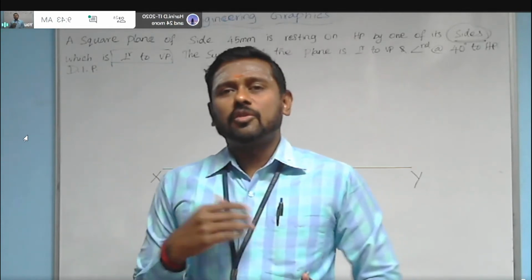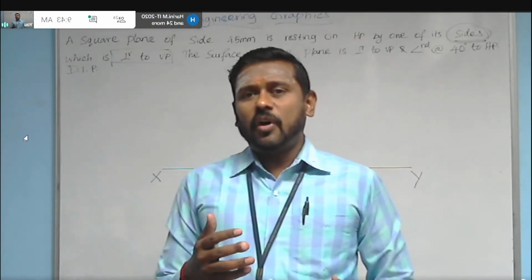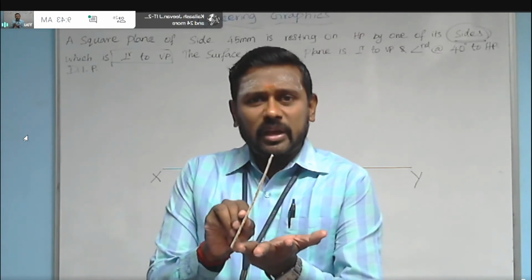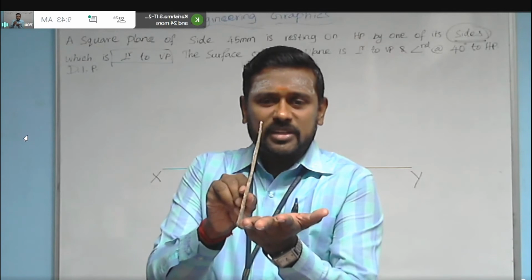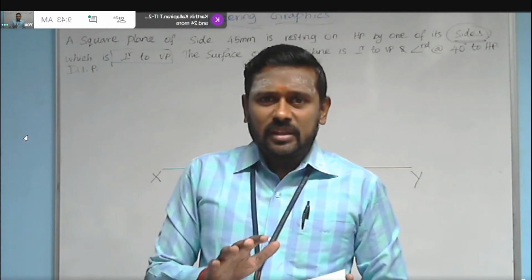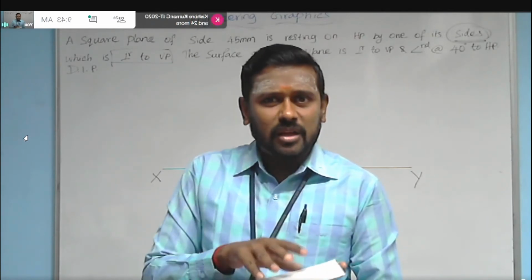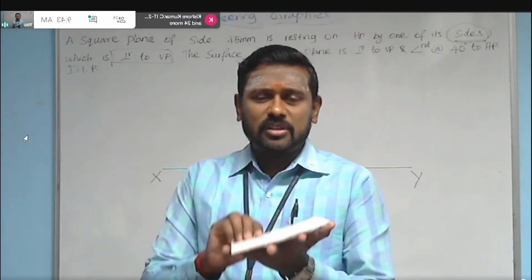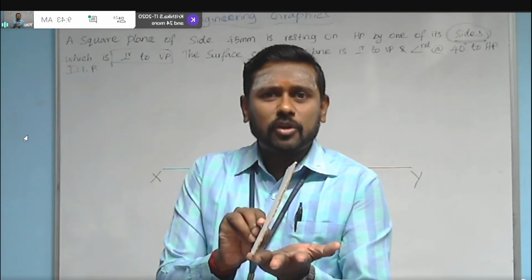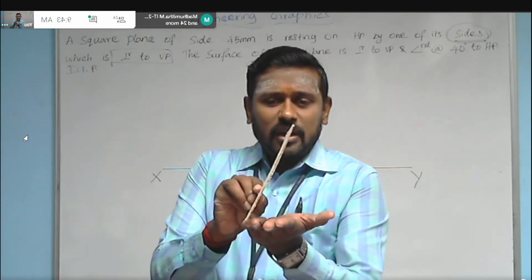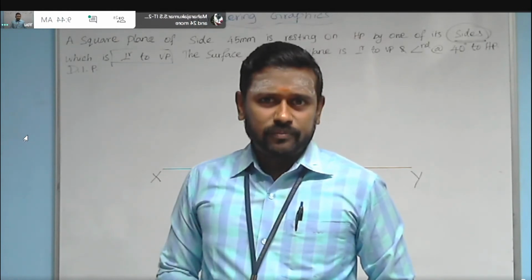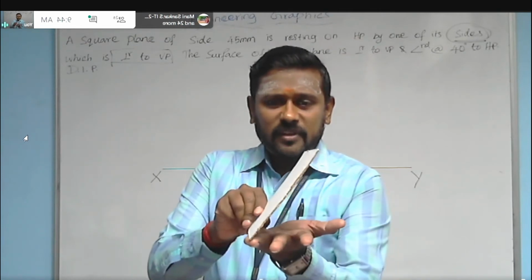So what I am going to do here is, like our straight line case, first for our convenience, in order to draw the simple projection of the object, I am going to make the surface, which is inclined to HP, parallel to HP. But see, this is not the right drawing, this is the wrong drawing, because as per the problem statement, the surface should be inclined at 40 degrees to HP. But for my convenience, I am considering the surface parallel to HP, and then I am trying to see the original shape in one of the views. So in this I am making the surface parallel to HP.